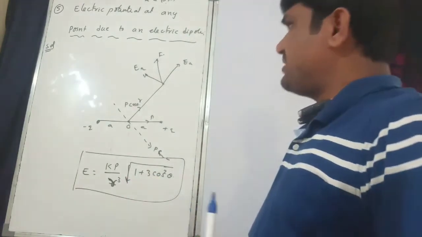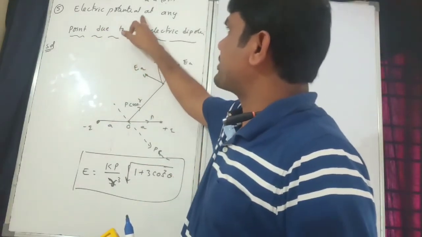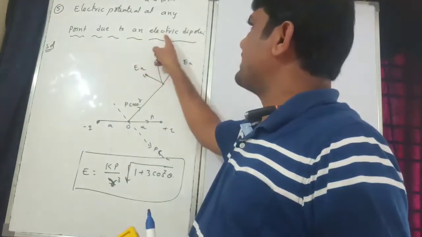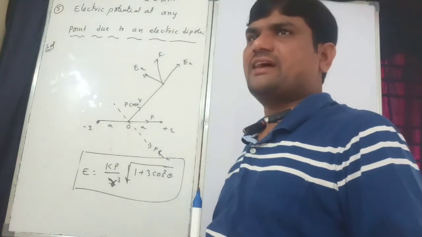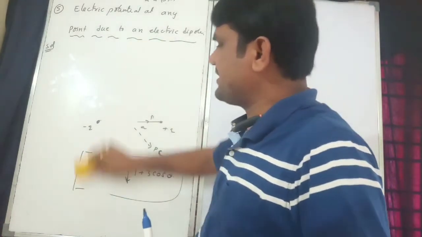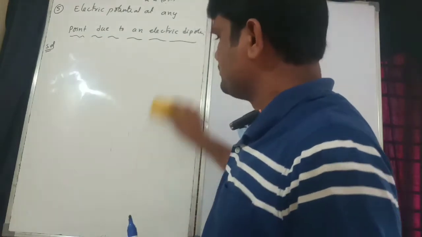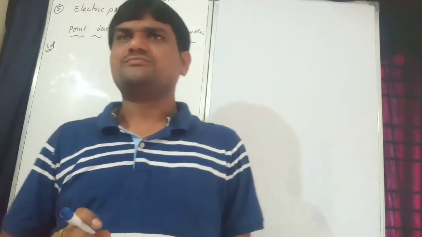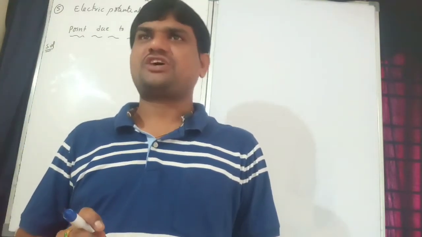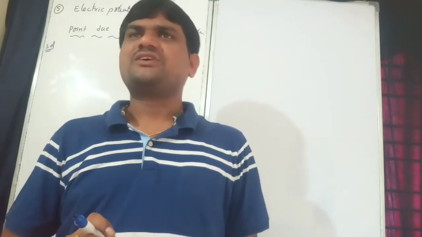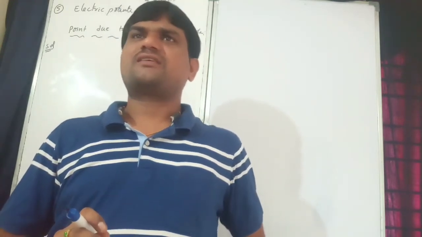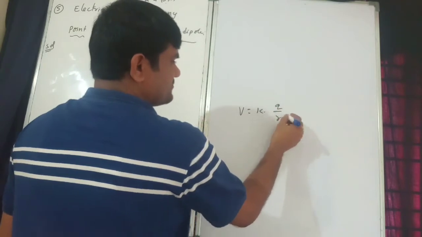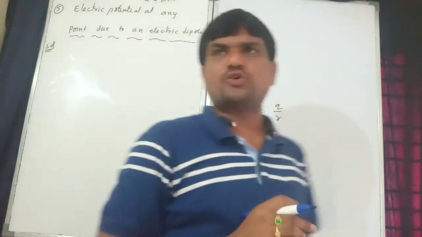But now, the same question they are asking: what is the electric potential at any point due to an electric dipole? So, what is the expression? Here also the same. Previously I have given the electric potential at a point charge, yesterday, right? V is equal to k into Q by r. This formula you can remember, everybody. So V is equal to kQ by r. This is the first point, due to a point charge.